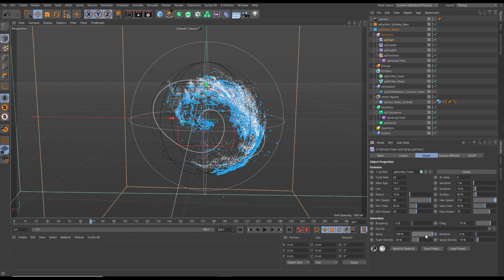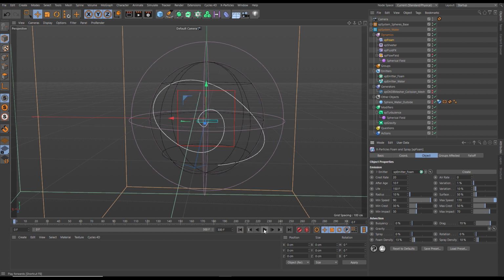But we don't really want spray. We just want these foam particles to stay on the body of water and just add a little bit more detail. So we're just going to take that spray value way down and we're going to reduce the foam density. So basically we want most of the particles to be foam particles and they're going to be dragged along using this percentage. So let's have a look. What we want is these foam and spray particles born. They're being moved